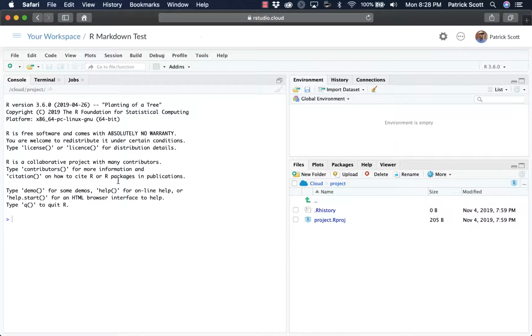within RStudio Cloud. So if you've already got an RStudio Cloud account, then you're good to go, no problem. If not, you can sign up for one for free. They're pretty easy. Alright, so once we get started or get this new project going, I'm going to go ahead